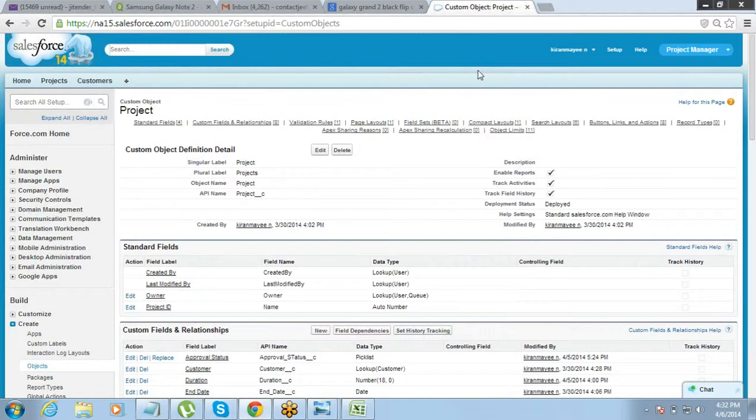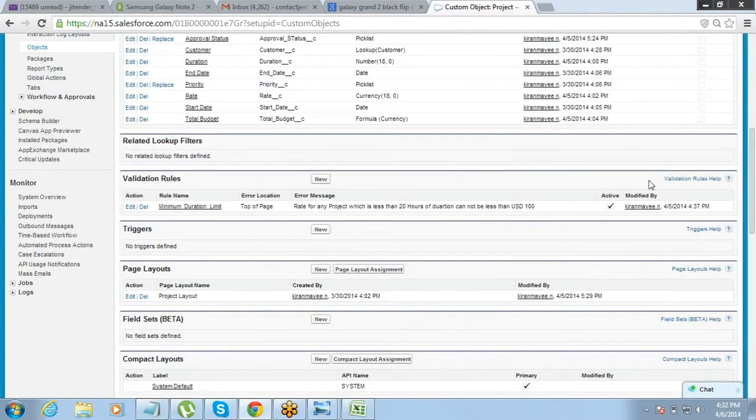On the project object, if you scroll down a little, you will see page layouts. So by default, when you create an object, the page layout is created for that object.